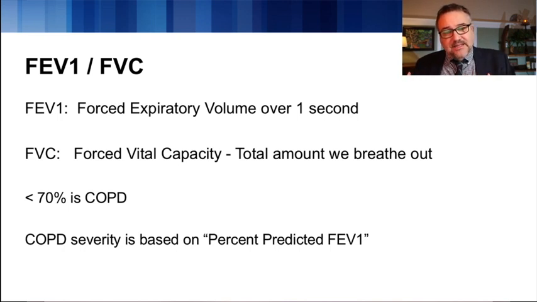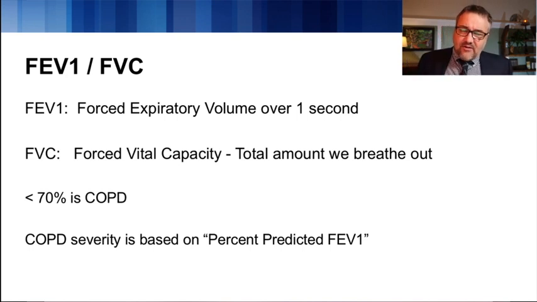As people develop COPD, there's air trapping, and it's an anatomic change, and it makes it difficult to blow that air out. Even if they try to blow it out quickly, the air is trapped, and it just takes a certain amount of time for that air to come out. So there's an anatomic limitation to blowing out, which makes this a very precise and very, very helpful measure because you can't cheat it. Once you are blowing out under 70% of your total air within a second, that qualifies as COPD.